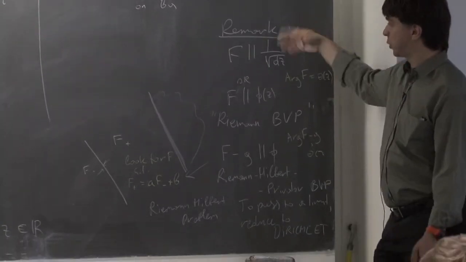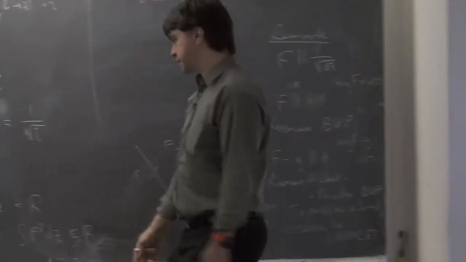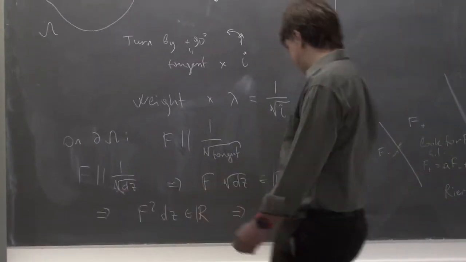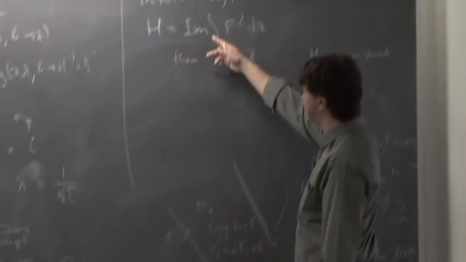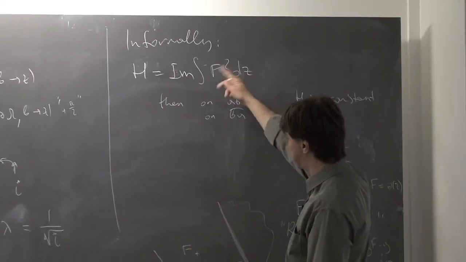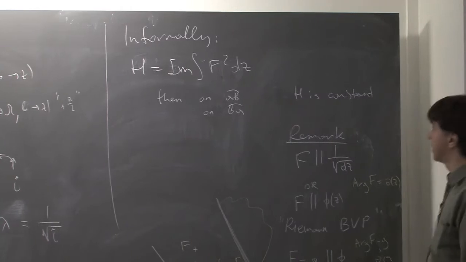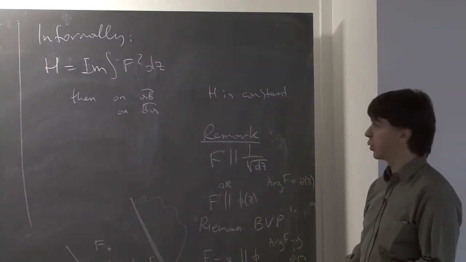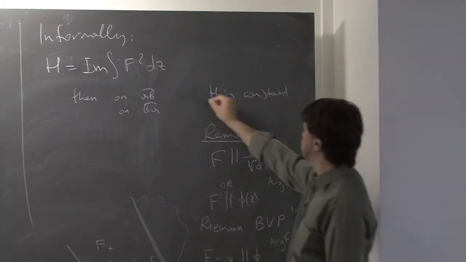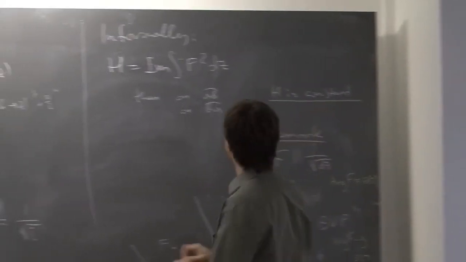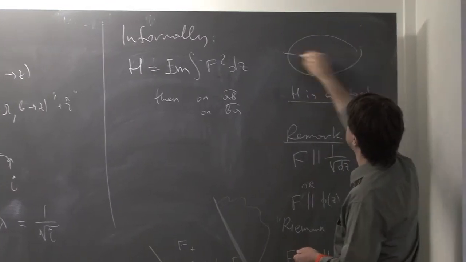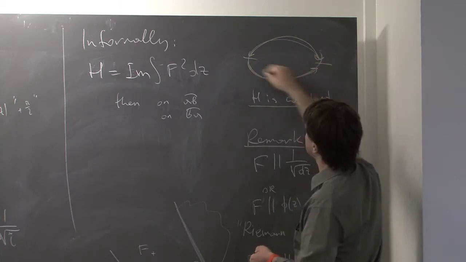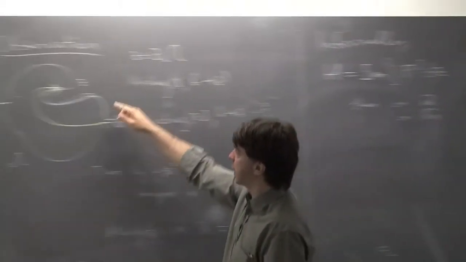F is proportional to 1 over square root of dz. It means that f squared is proportional to dz. It means that f squared dz is real. So if I write the imaginary part of the integral of f squared dz, then it will be constant on the boundary. Again, it's constant on the boundary on these two arcs,